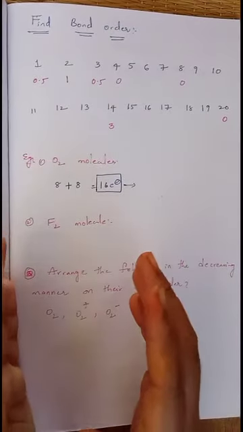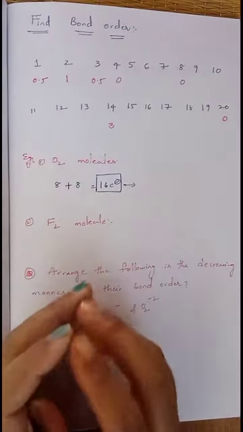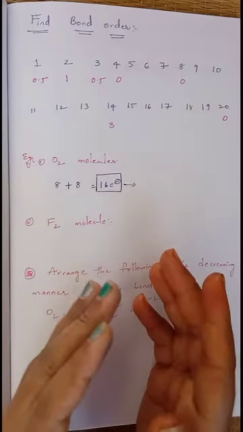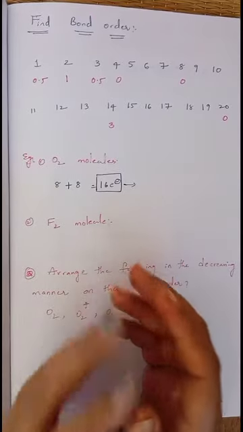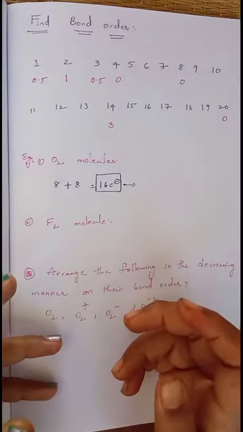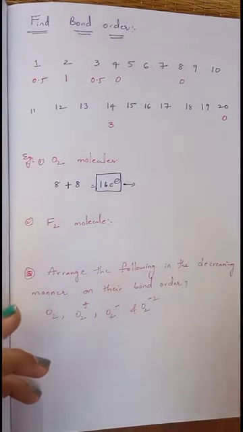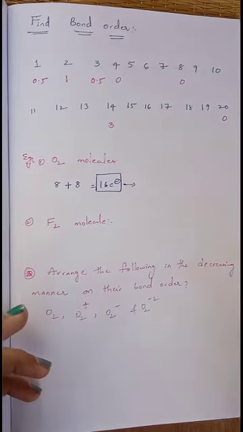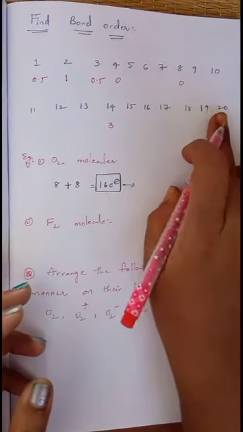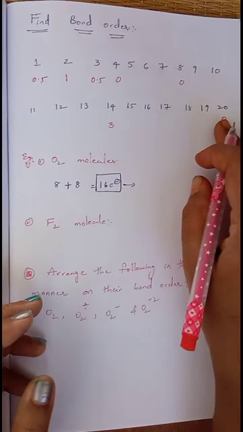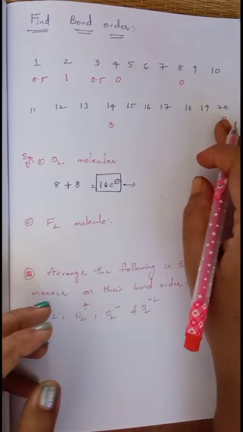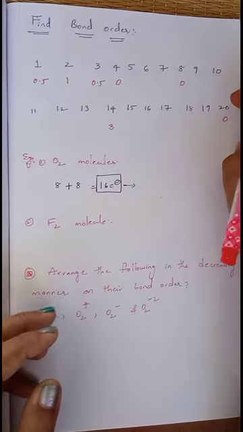But here there is a trick to find out the bond order very easily, because a few atoms or molecules have bond orders like 0.5, 2.5, 1.5 also. Going through the matter every time is very difficult, so here is a trick to easily find the bond order of a molecule. If the total number of valence electrons in a molecule is 20 or less than 20, then we can follow this trick to find out the bond order.